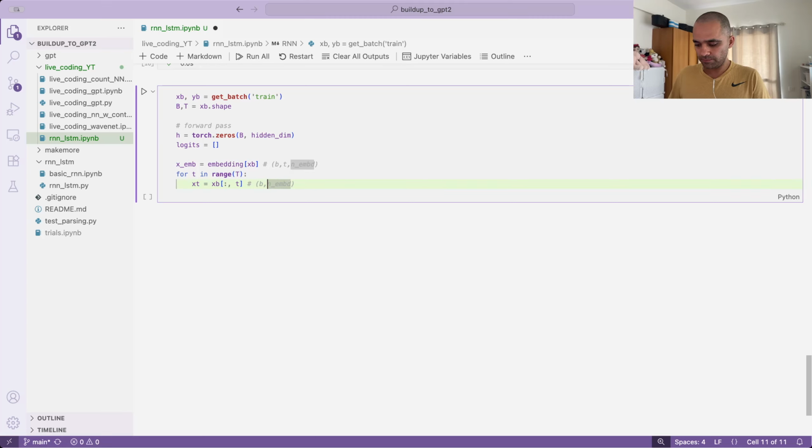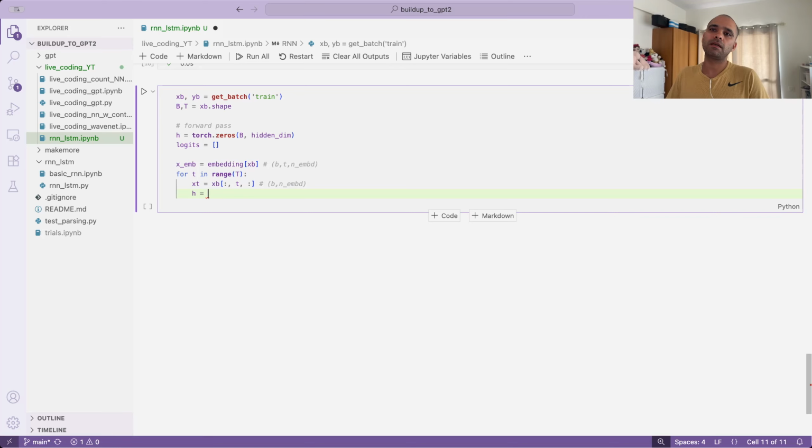So basically, if we are doing something like this, this is also equivalent to slicing and indexing like this. But if it was not direct indexing at one particular column, some column dimension would be there. But since we are indexing at a particular column, it just squeezes off this dimension and it becomes B by n_embed. So once we have our xt, we have our old h, the previous time step h initialized,